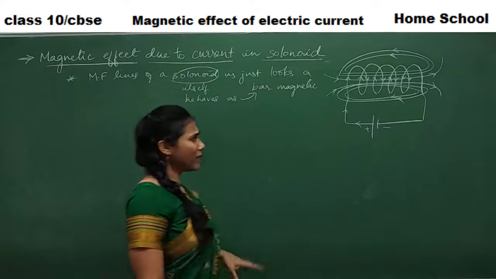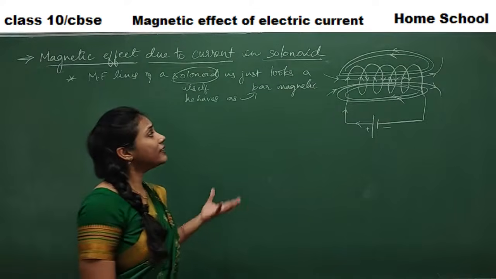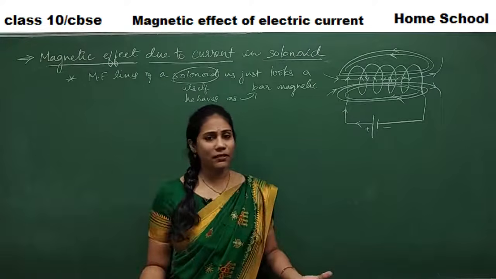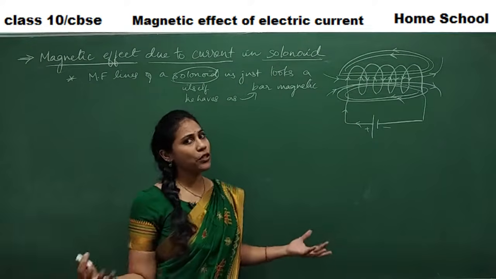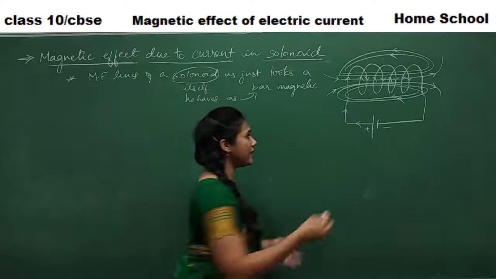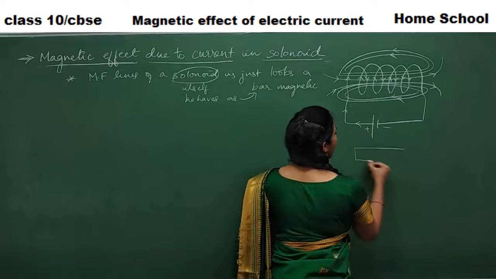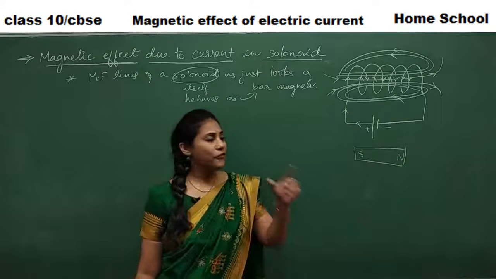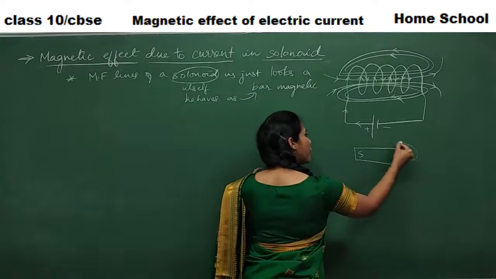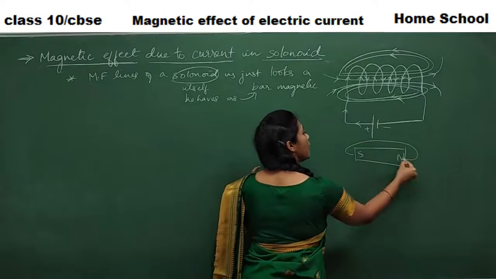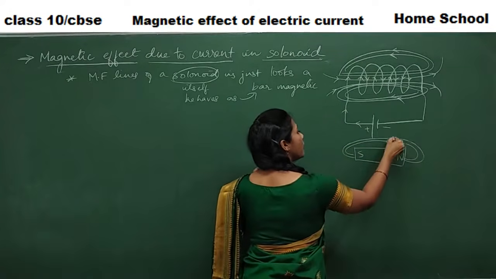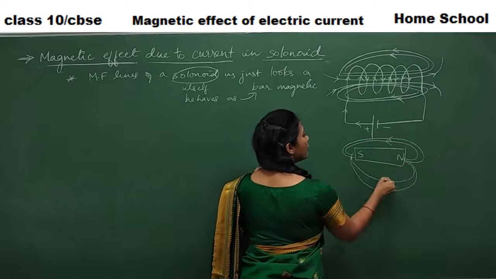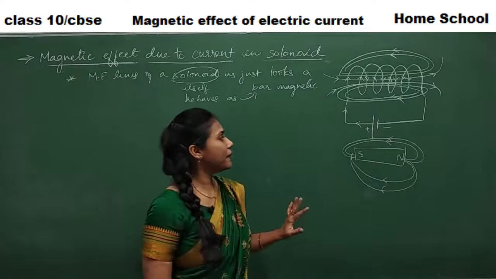Fine. So the moment we say bar magnet, it will have two poles. Definitely any magnet will have two poles, a south pole and a north pole, isn't it? If I take a bar magnet, you will have a north pole and a south pole. So field lines always emerge from the north pole and merge in the south pole, right? This is how you would observe it in a bar magnet.